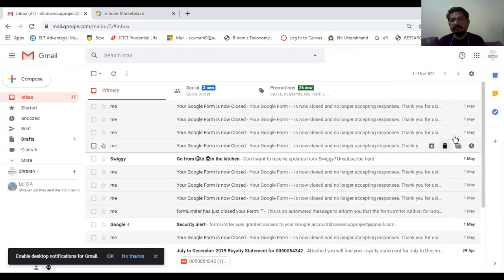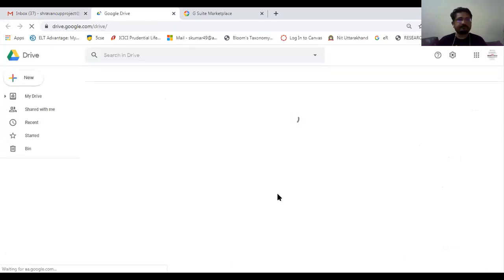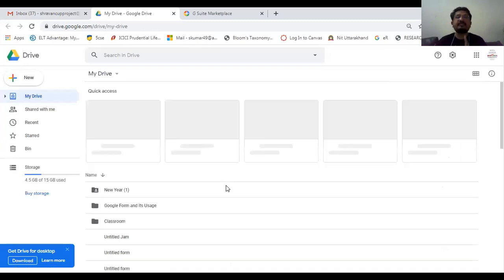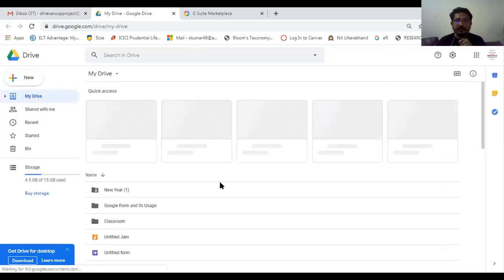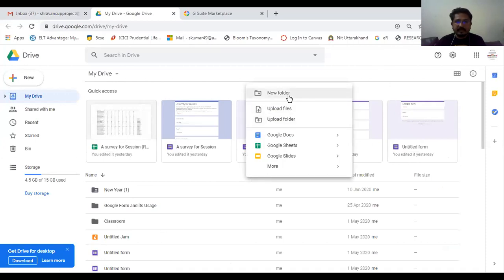What you can do, and this is a very important thing, go to your drive, click here. Once you are entering the drive, always make sure you create a folder for any kind of question answer. So I'm creating a folder.